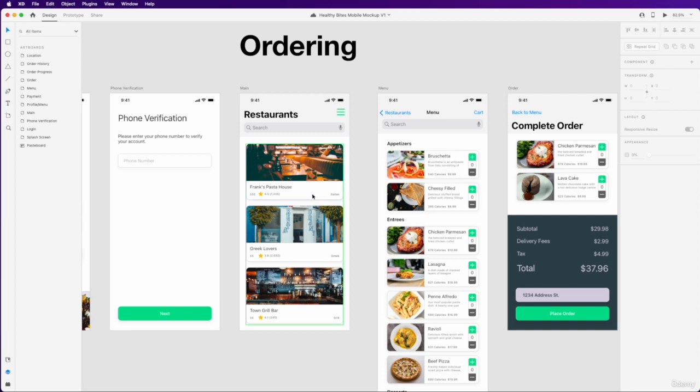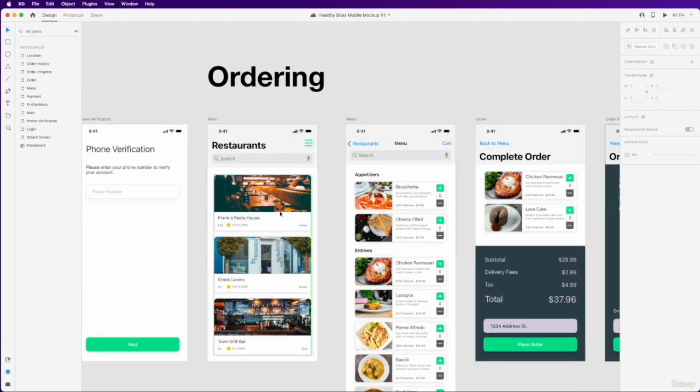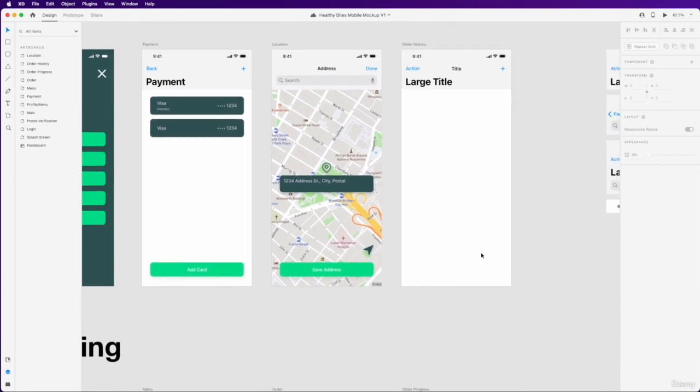And in this one, you're going to include some of the order information. So you can include things such as the total, the restaurant they ordered from, and maybe how many items were in that order. And of course, the date and time that they placed that order. So if you put those 4 data sets into a card UI like these ones here, you can even duplicate this card UI and create a component out of it and use that in your order history page. And so the idea is that users can see their previous orders from here with those 4 important data sets in that card UI.